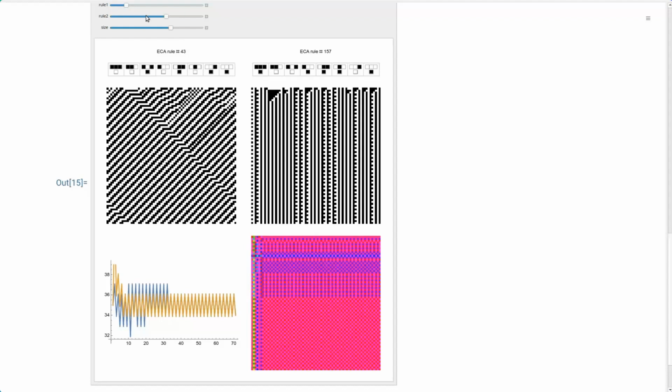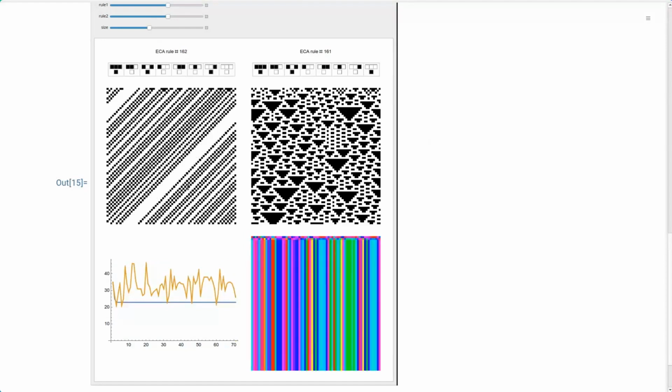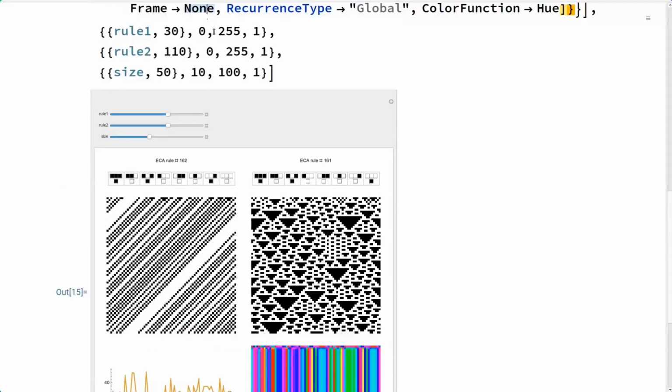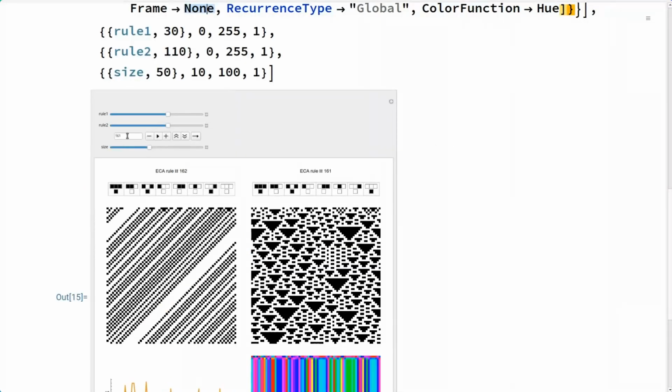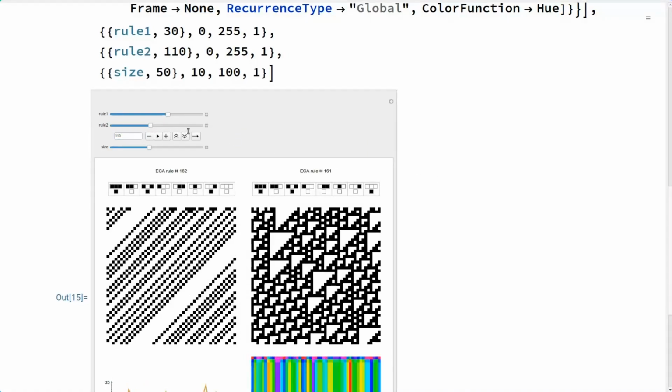And here again, we can change the cellular automata rule here and compare in a global cross recurrency plot how they behave, looking at the pattern. I can change the size here too, and then we can see how they behave. For example, I can try to compare rule 110 with the rule